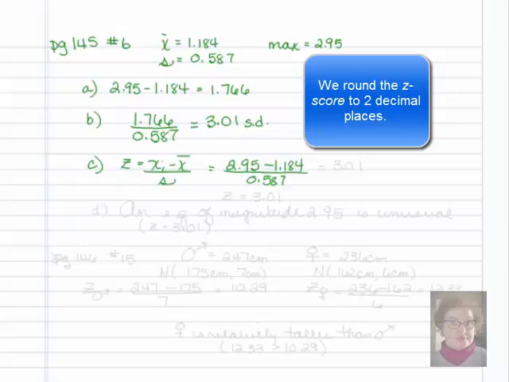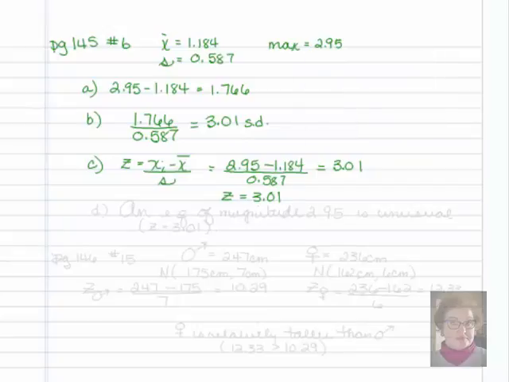And you can see that's just a summary of what we did in sections A and B. So our z-score is going to be 3.01. So z equals 3.01. And so when you do z as 3.01, you don't have to describe it as 3.01 standard deviation units